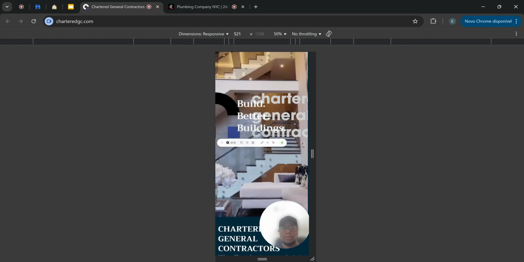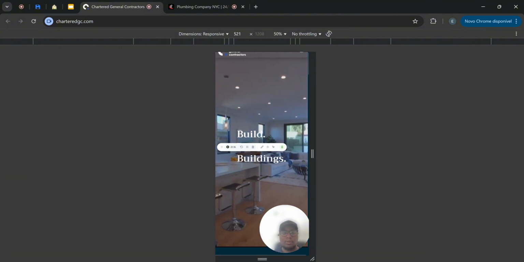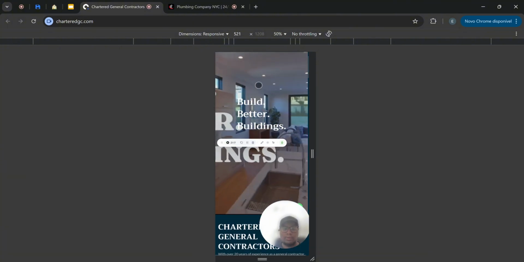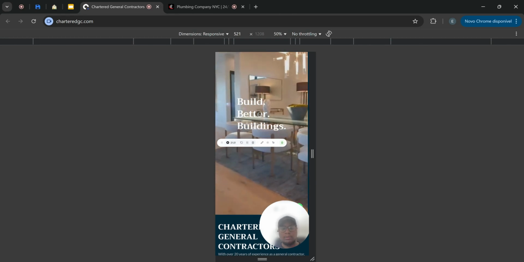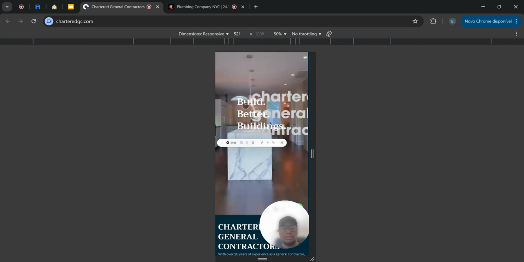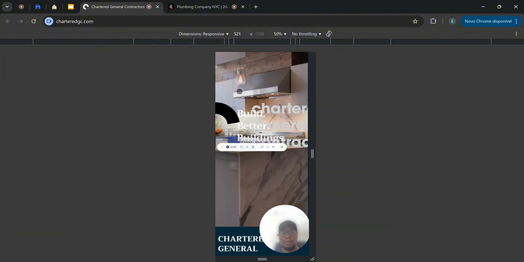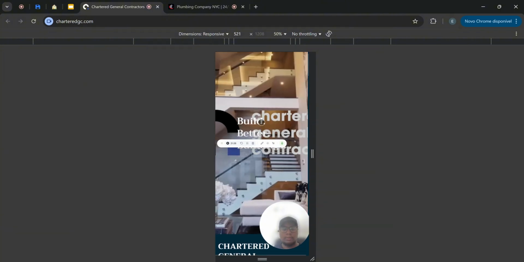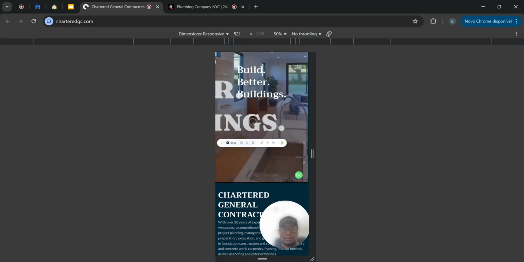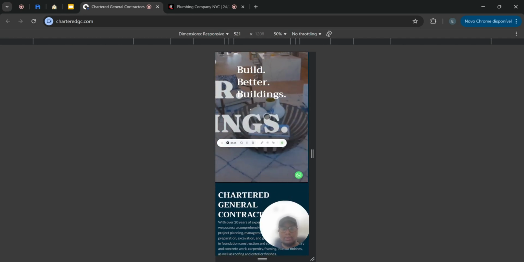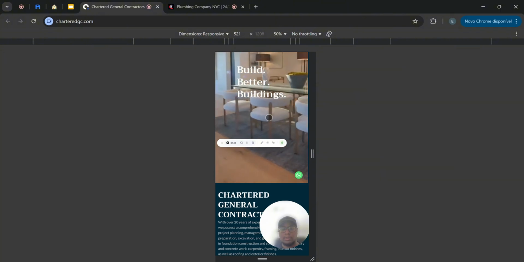So if you want them to contact you after they've seen your value proposition, a lot of people will contact you with just seeing your value proposition, your title, and the subtext. So you should strive to have a button here,